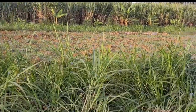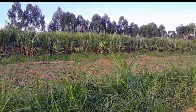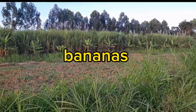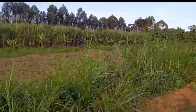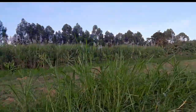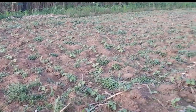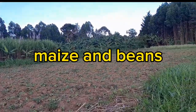As you will notice in this video, there is a lot of sugarcane on the farm. And slowly, the western part of Kenya is becoming a sugar belt, though maize and beans have been the main cash crop for decades. You know, it takes approximately 18 months for the sugarcane to be harvested. Once planted, they can be harvested for 3 seasons. So they have planted maize and beans in some areas, and actually they have already grown quite big and ready